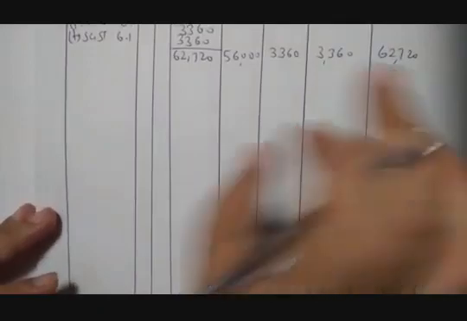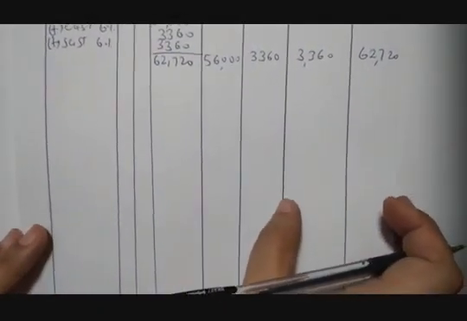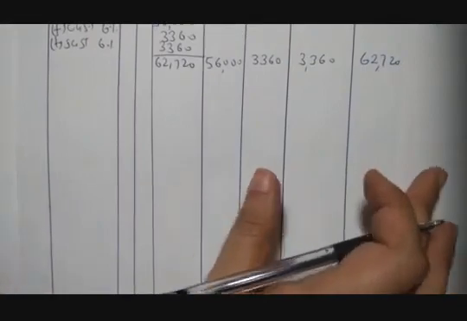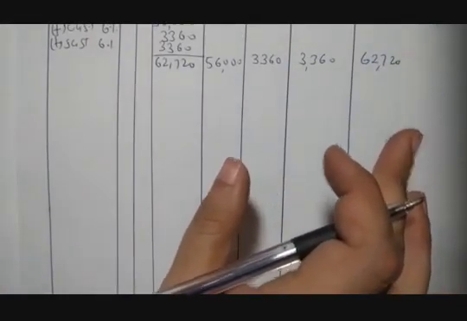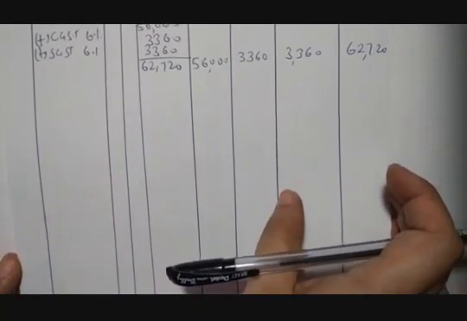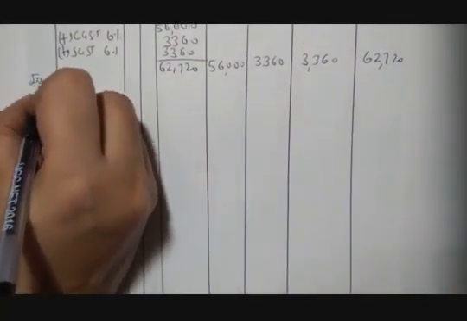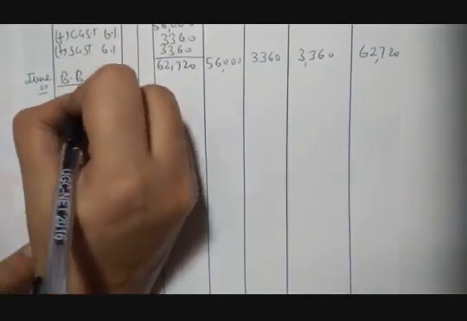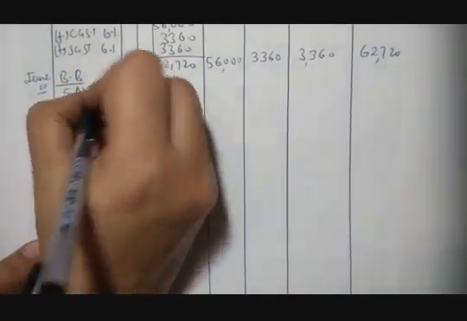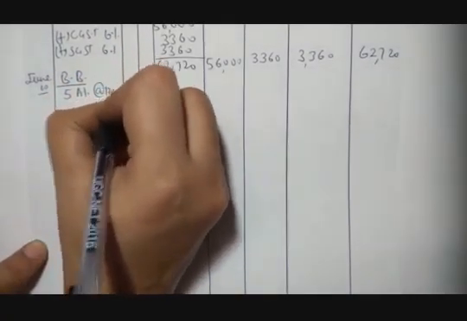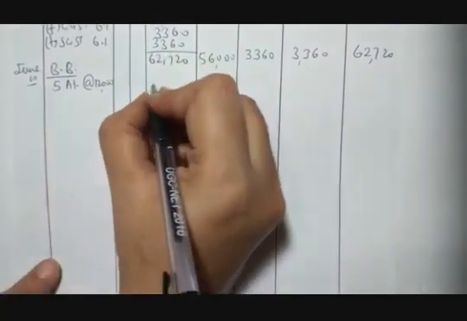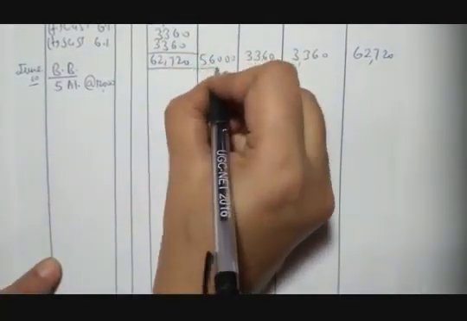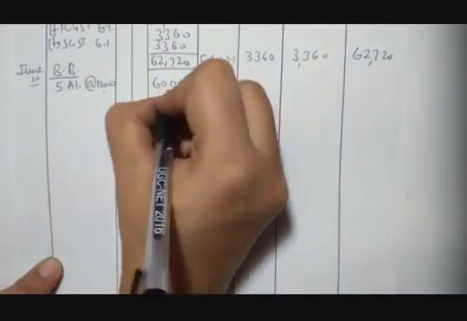Now beta, our next transaction is, see, June 10. On June 10 they are saying that they have purchased goods from Bharat Bhushan. Let's see the transaction of June 10. So they have purchased 5 almirahs at the rate of 12,000 each. So it will be 60,000. This is done, beta. It will be 60,000. Fine.